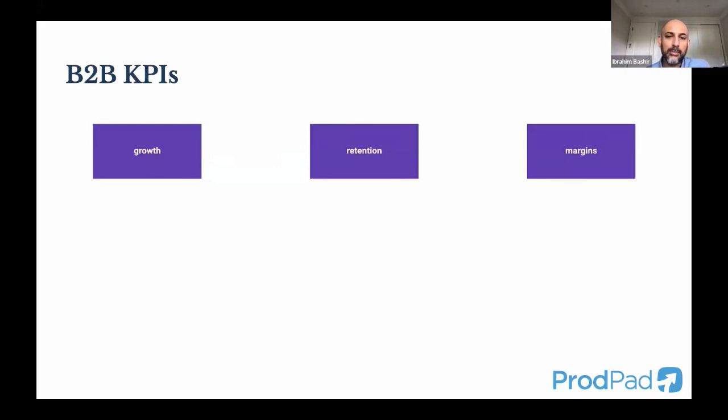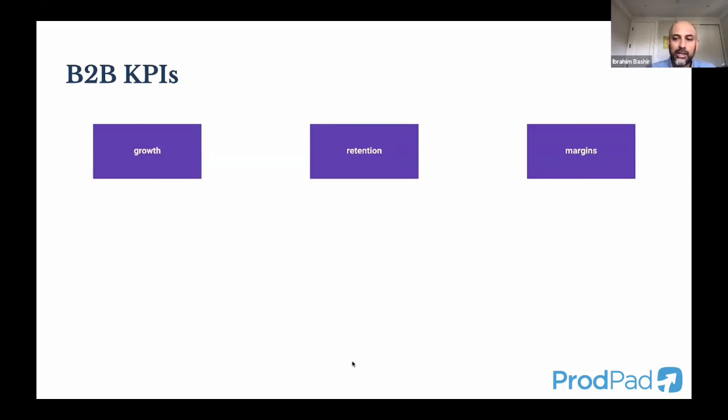And if you're working in a product role or an operating role or a go-to-market role in a B2B product, you're going to come back to these top level KPIs as a recurring theme with your leadership team as a business outcome that you want to drive. And I like to lay these out because I think a lot of times many product teams sort of lose sight of the fact that ultimately these are the things you're trying to connect to.